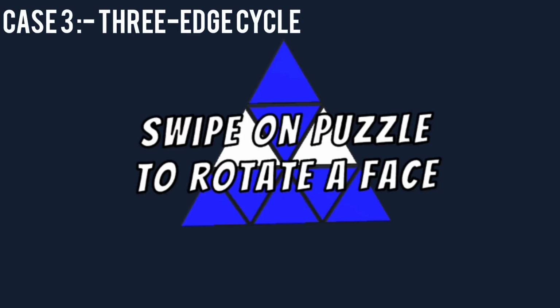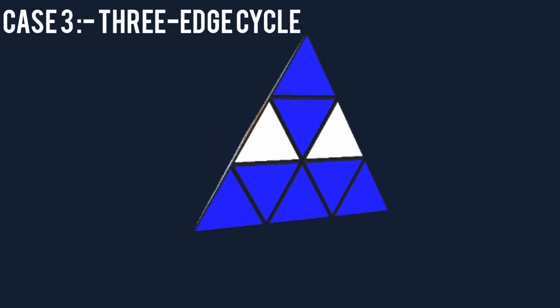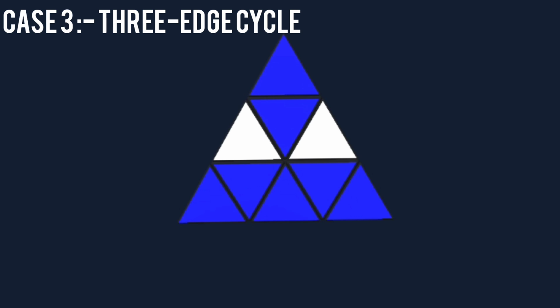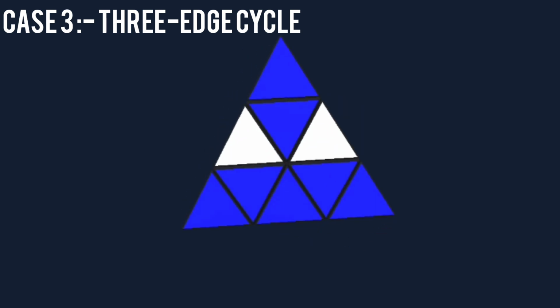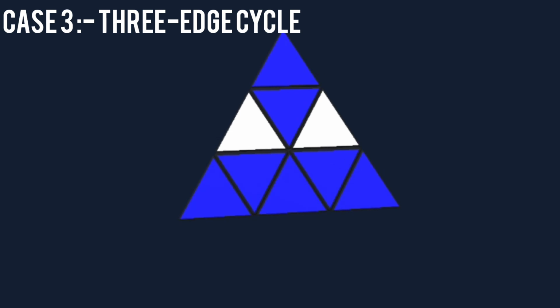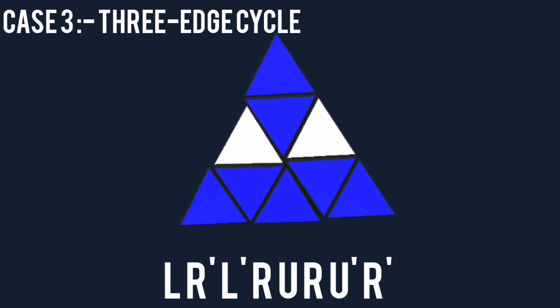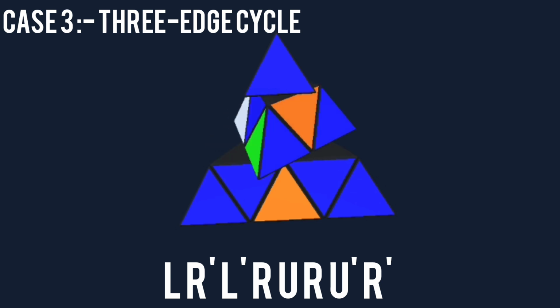So guys, this is our third case in which these edges are not placed properly for the proper colors. This is called the 3-edge cycle case. It looks like this. To solve this, it's similar to the algorithms of case 1. We'll first try the left hand algorithm, which is L, R prime, L prime, R. Replace this edge. Continue.